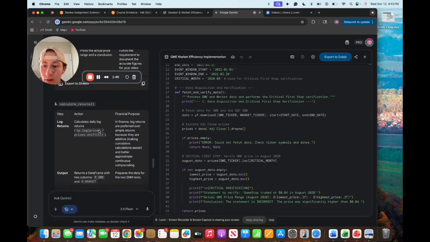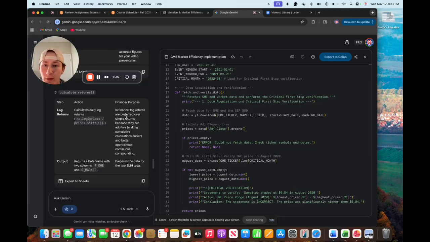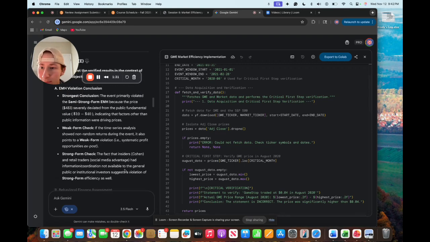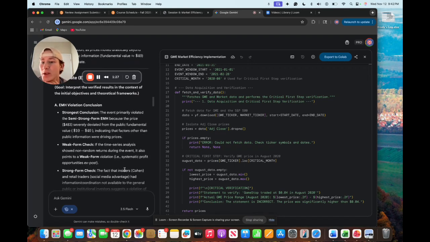And then calculate returns is just calculating returns. In finance, log returns are preferred over simple returns because they're additive, making cumulative calculations easier and better approximating continuous compounding. As we move on to the E portion of DRIVER, the EMH violation conclusion,